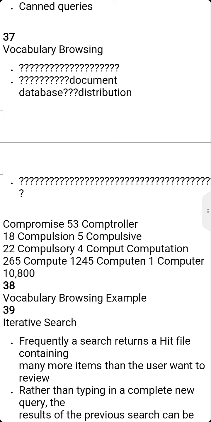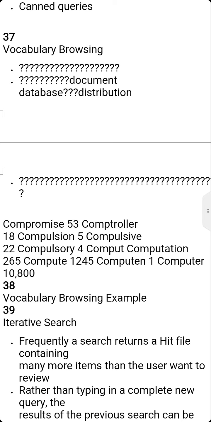Like that, in this vocabulary browse the same technique is used. All the unique words, meaning tokens, in the database are kept in sorted order along with a count of the number of unique items in which the word is found. The user will enter a word or a word fragment, then the system will begin to display the dictionary around the entered text. When the word is entered, it will be searched in the form of a dictionary.